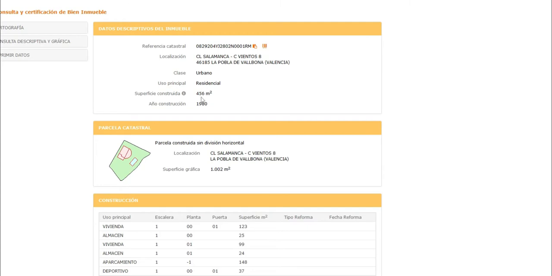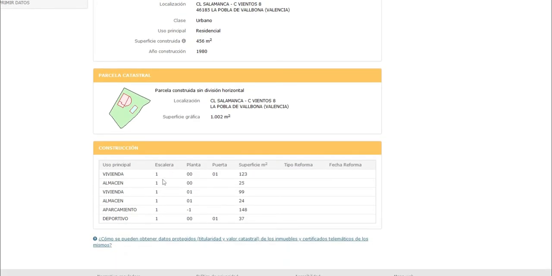But we can tell that it's got 556 square meters, built in 1980. We've got here that it's divided into vivienda, and then you've got vivienda again. So vivienda is a house, and vivienda again. So what does that mean? It means it's got two floors. So vivienda, the first floor being the big one, 123 square meters, and the second one, 99, will be the second floor. It says planta 0, so ground floor. Planta number 1, so first floor. A couple of warehouses,